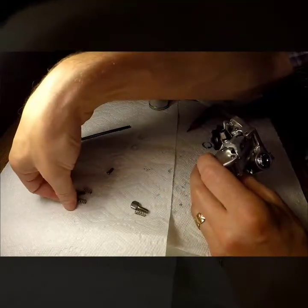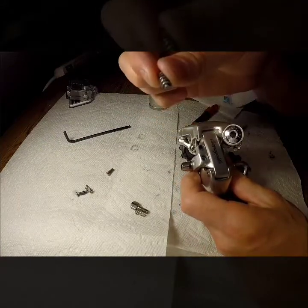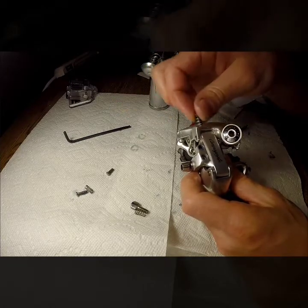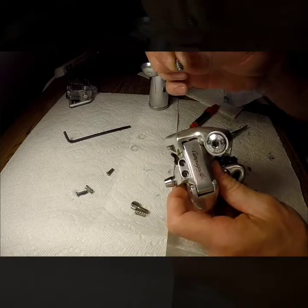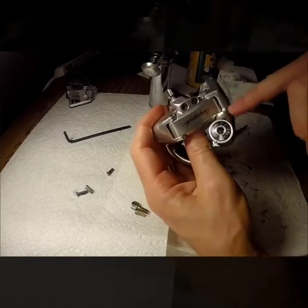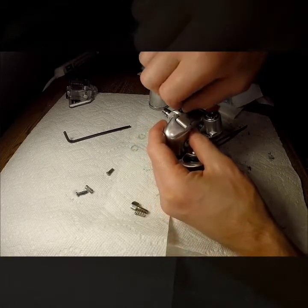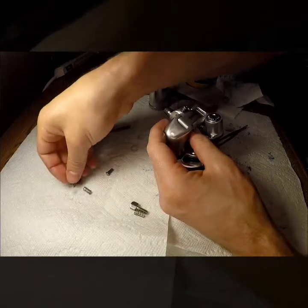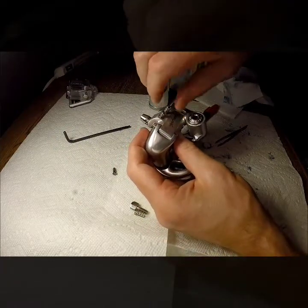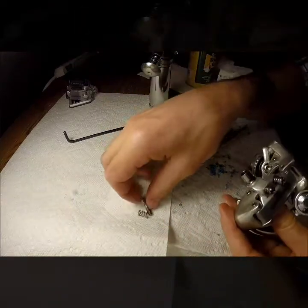So all I'm doing now is installing my little adjustment screws. Now look, a lot of people put Loctite on these. I still just use grease, but I don't think that that's the safest method or the most efficient method, I guess, so to speak, because they can adjust over time. In the last 10 years I've been doing this, they haven't adjusted on me, so I don't worry about it. I just use grease. If you're looking at Campy upside down here, the small screw will go in the left side, and the longer screw with spring will go on the right hand side. And I know that y'all can figure this out pretty much from here, but